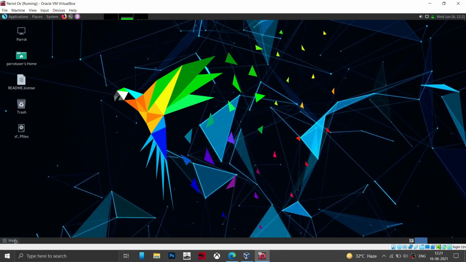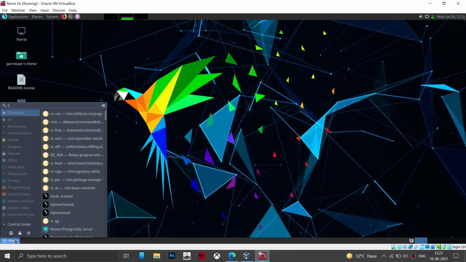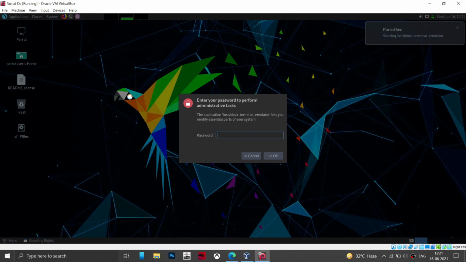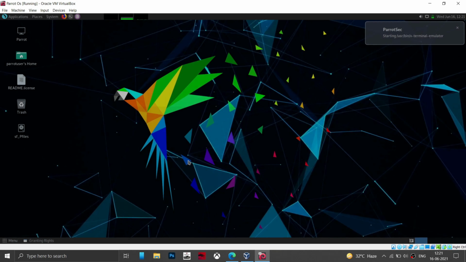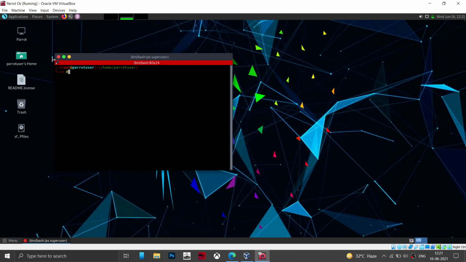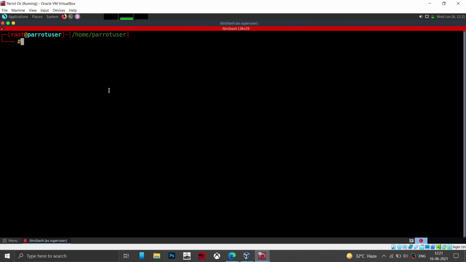So now you have to click on this menu and click root and click on this root terminal. Now put your password and it will open the terminal. Okay, full screen it.